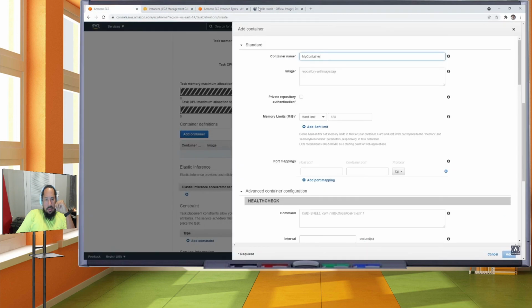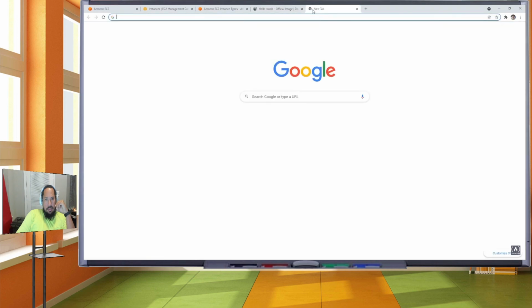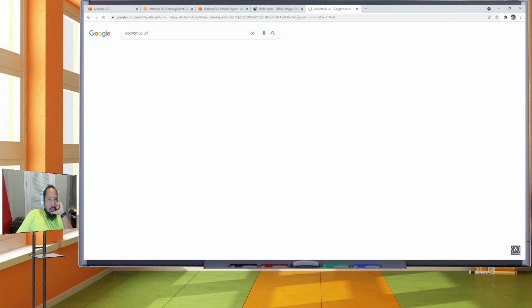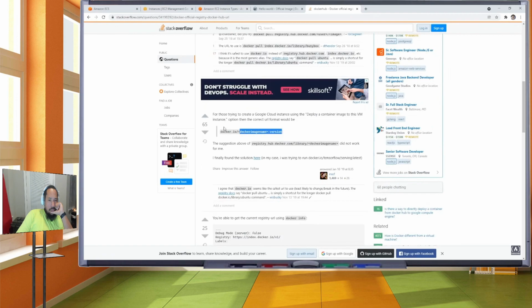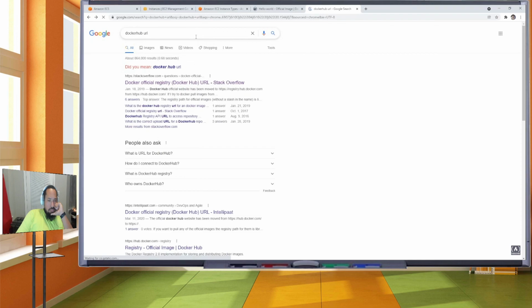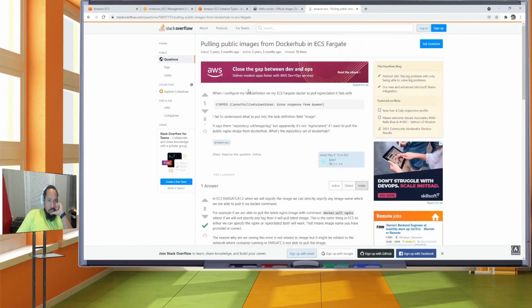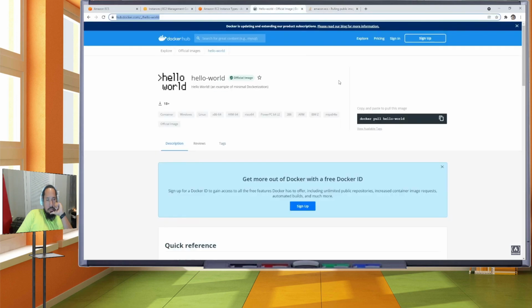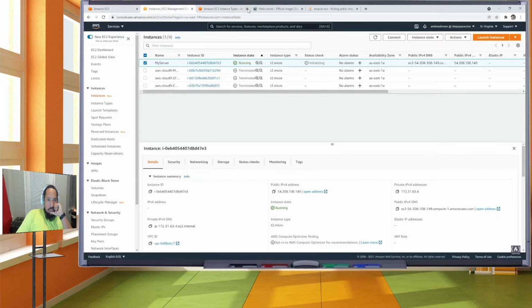I'm hoping that it's just this. Docker Hub URL. So it'd be something like this, right? Docker IO probably. Docker IO, Docker image, Docker Hub URL in ECS. Okay, it goes to show how often I'm launching these things. So repository URL, Docker image. So I think what we're going to do here,